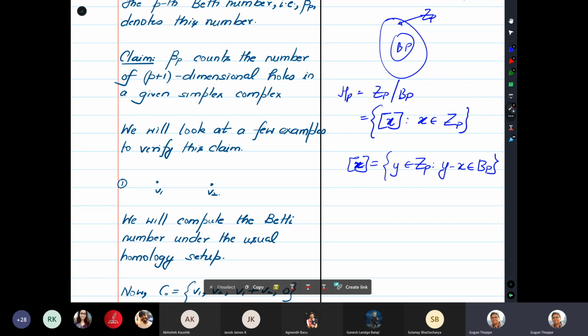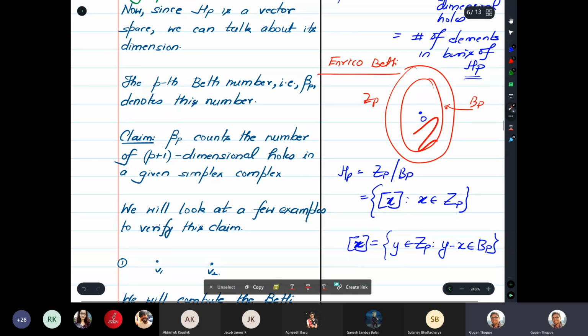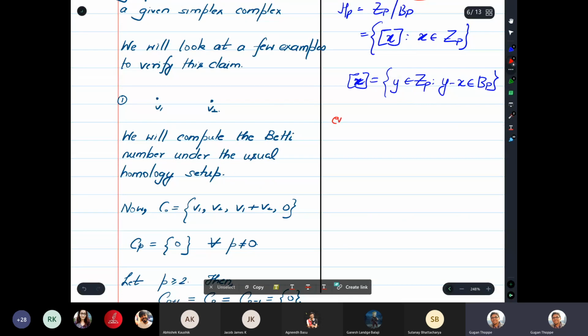Now let me try to give an intuitive interpretation of what we mean by taking the quotient operation. BP is a vector space. Maybe I'll draw a bigger figure so that I can draw a few things inside it. Let's say this is ZP and this is BP. What is the idea? BP is a vector space, so it will have a 0 within it. In the quotient operation, we think of every element in BP as 0. So the loose interpretation of the quotienting operation is that every element in BP is to be interpreted